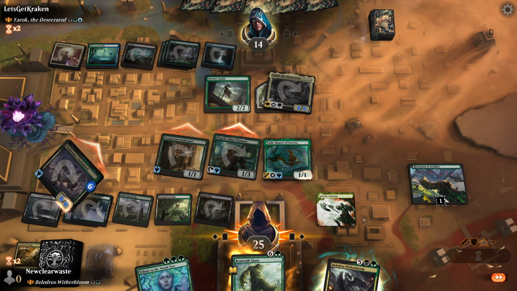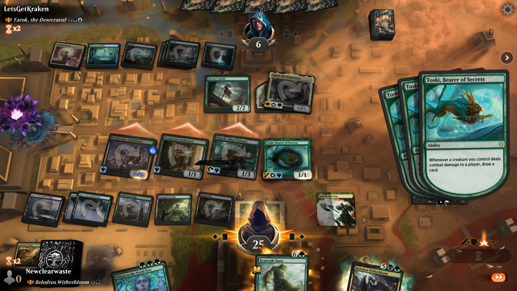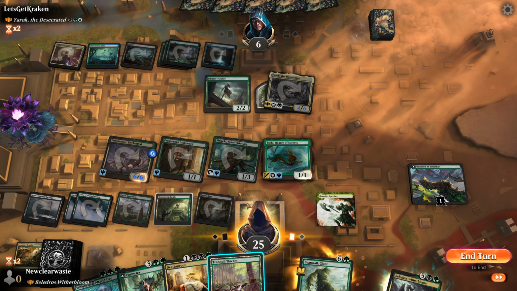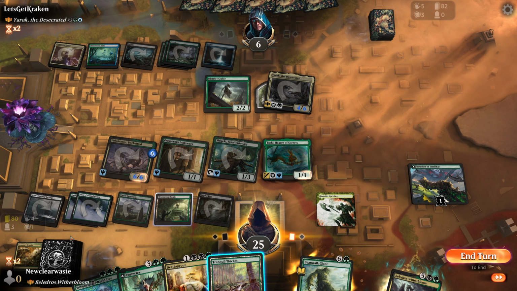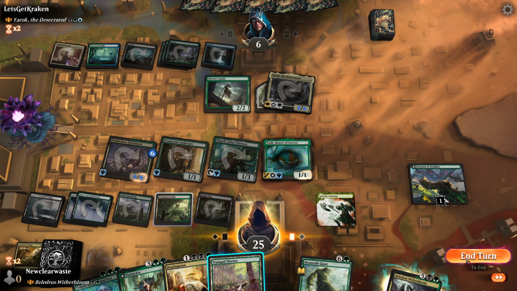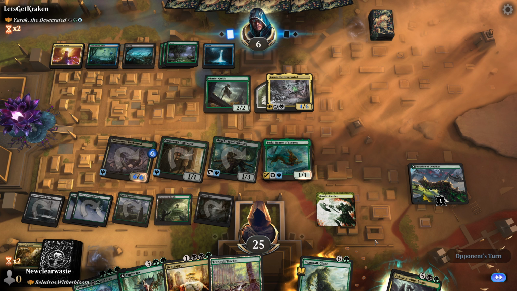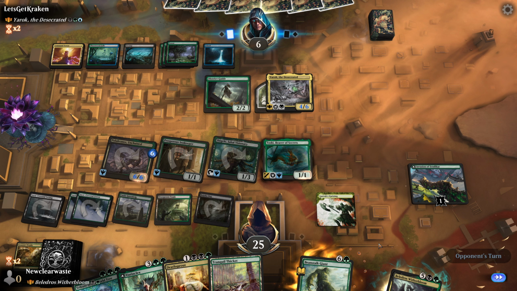They can block here if they want. No? We draw 3. We have the ability to cycle it. 1, 2, 3, 4, 5, 6. We should hold that for a land. Okay, they get one turn of shenanigans. We'll see what they can do with it. They're at 6 life. So...